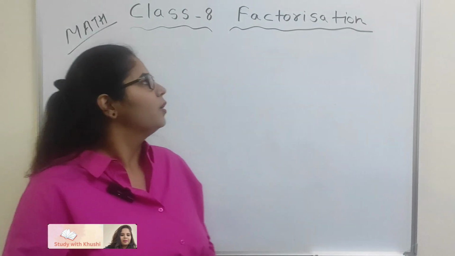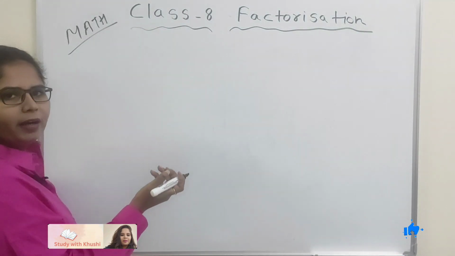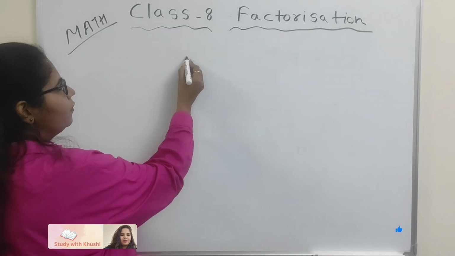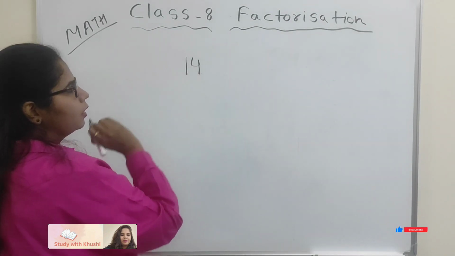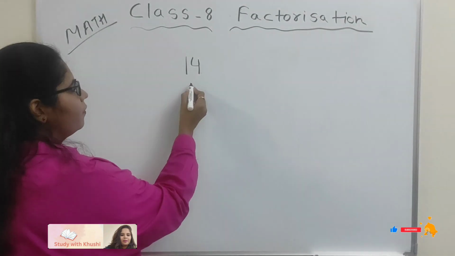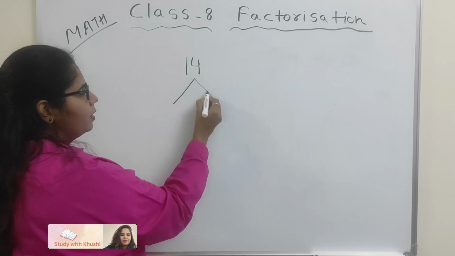So let's start. Okay, suppose I have to find out the factors of 14. So the factors of 14 are, first,